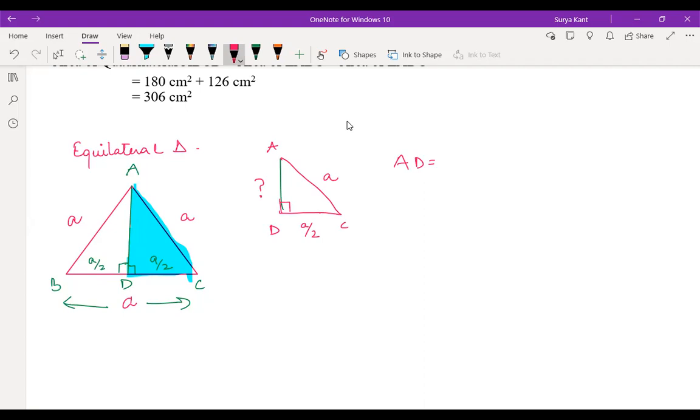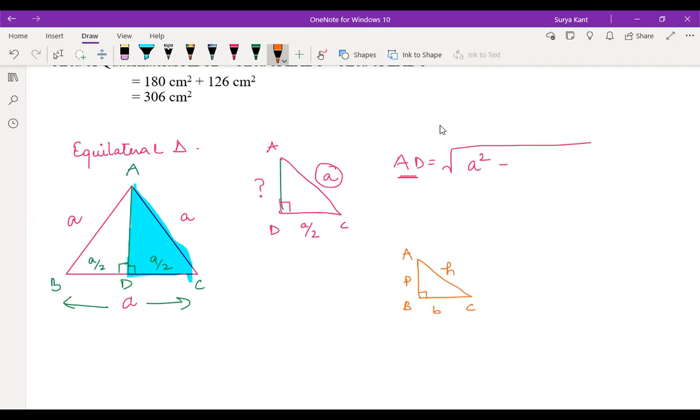Use Pythagoras theorem. You will get root over. Udbhav, tell me what we can write in the root. A square plus A square, plus minus you should do, because this is the smaller side, no? See, AD is the longest side, children. Hypotenuse is the longest side over here. If you are not getting it, just write it separately. Suppose this is P, this is B, and this is H.